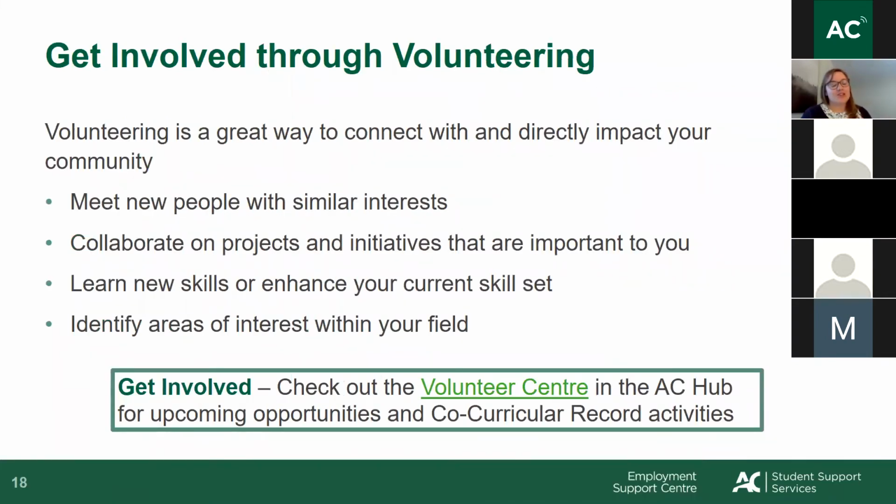And then my last suggestion would be to volunteer. So volunteering is such a great way to connect with people, to meet people that have similar interests to you, or on projects or initiatives that are similar or that are important to you. Plus, volunteering has the added benefit of allowing you to build your skills, to enhance your resume, and to actually identify areas of interest within your field. So if you're in a program that has so many different career avenues, testing out different ones by volunteering is going to allow you to better understand what you're interested in, what you enjoy doing,